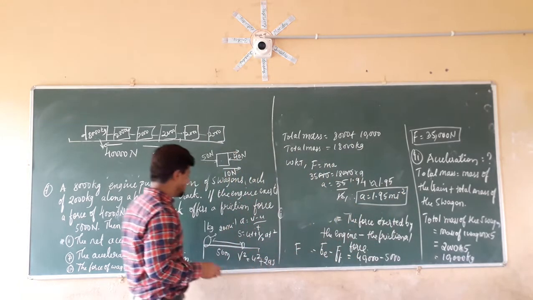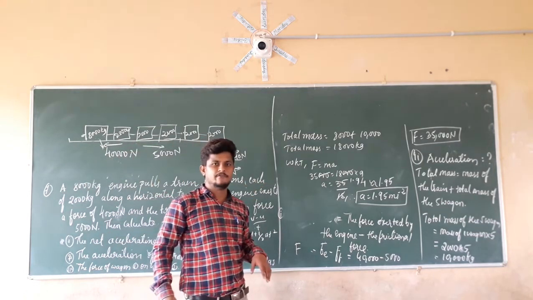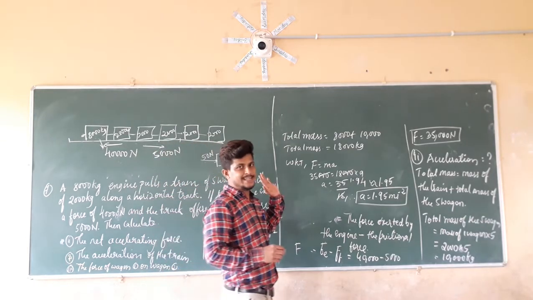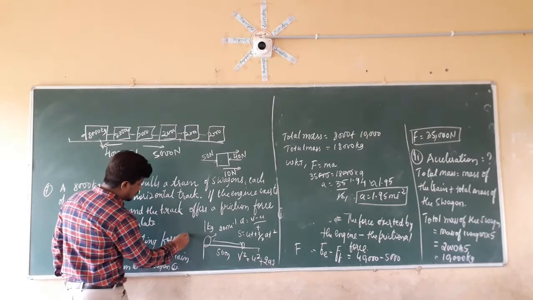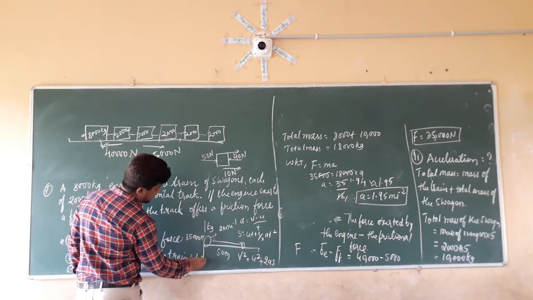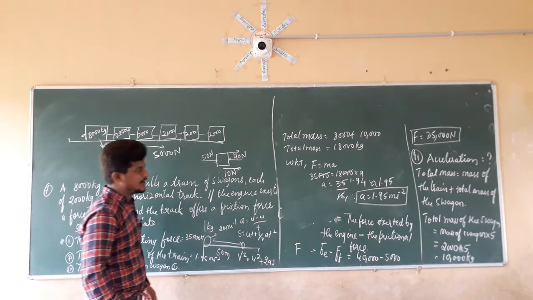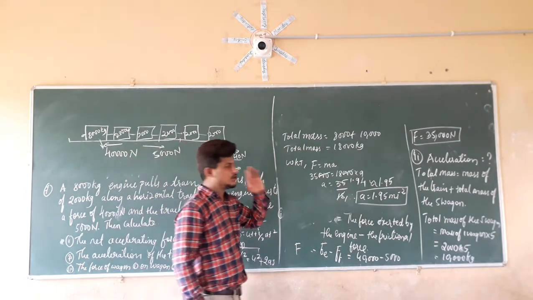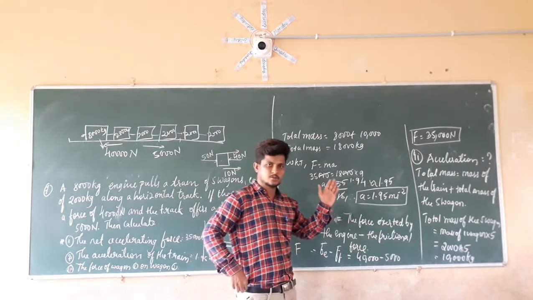So the total acceleration of the train is equal to how much? It is equal to 1.95 meter per second square. So this is the answer for the second question. So this is equal to how much? This is equal to 35,000 Newton, and this is equal to 1.95 meter per second square. It's going to give a value of 1.9432, something like that, which is nearly equal to 1.95. So I'm going to take that nearest value, that is nothing but 1.95 meter per second square.